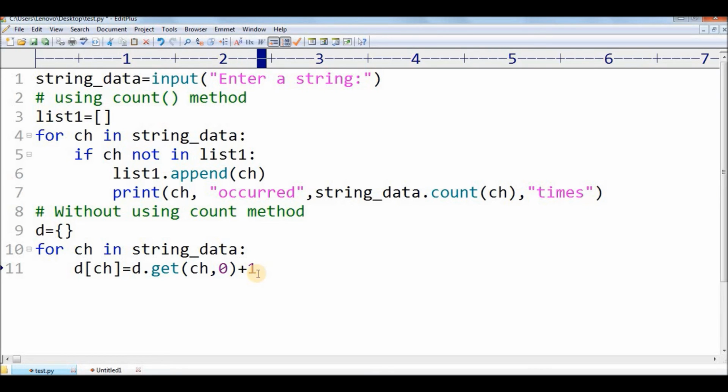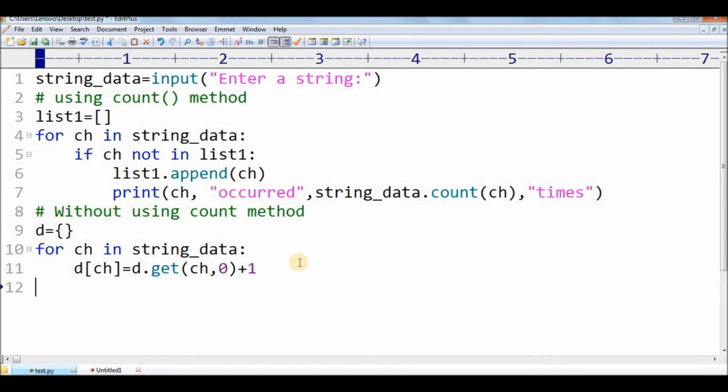By adding 1, I can actually solve this purpose, because if a character is present inside this dictionary, that will be updated, and if the character is not already present in the dictionary, there will be a default value 0 which will be updated by 1 and then stored inside this dictionary object.